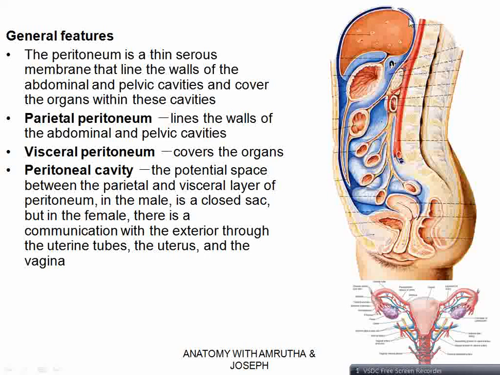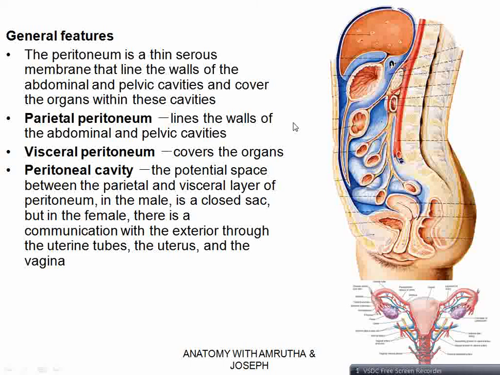From there it is reflected onto the diaphragm, posterior surface, inferior surface, again at the level of the porta hepatis of the liver. The peritoneum is reflected back to the stomach, covering the posterior aspect of the stomach, going downwards and again coming upwards, covering the superior aspect of the transverse colon and again reaching the posterior abdominal wall, and this layer continues the journey. Now this is again a dorsal mesentery, which can be called the transverse mesocolon. You'll understand slowly as the class proceeds. So these are the general things that at least you should know about the peritoneum.